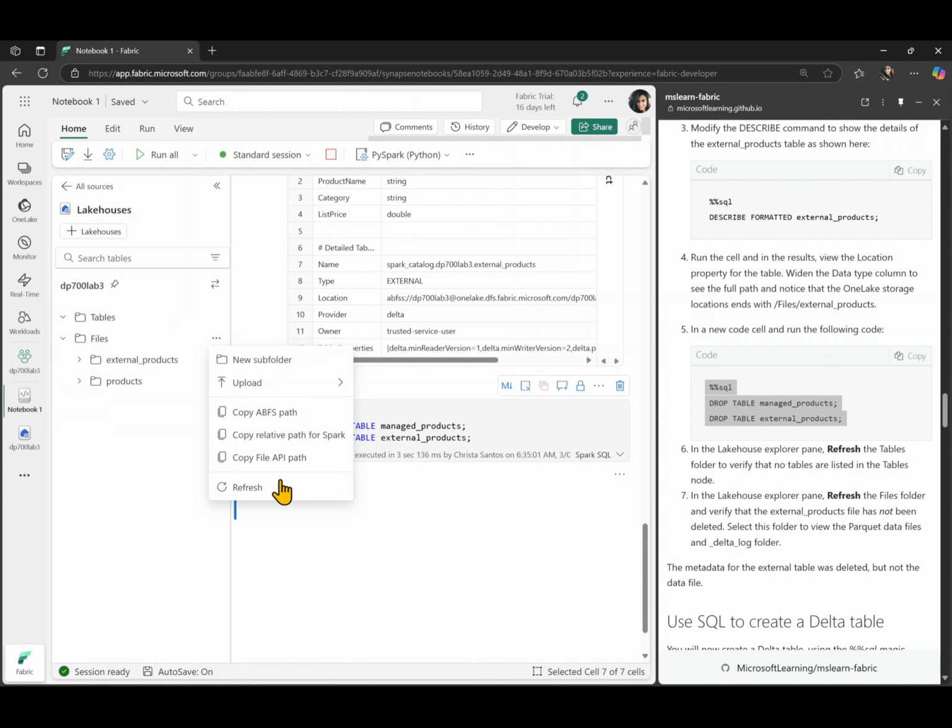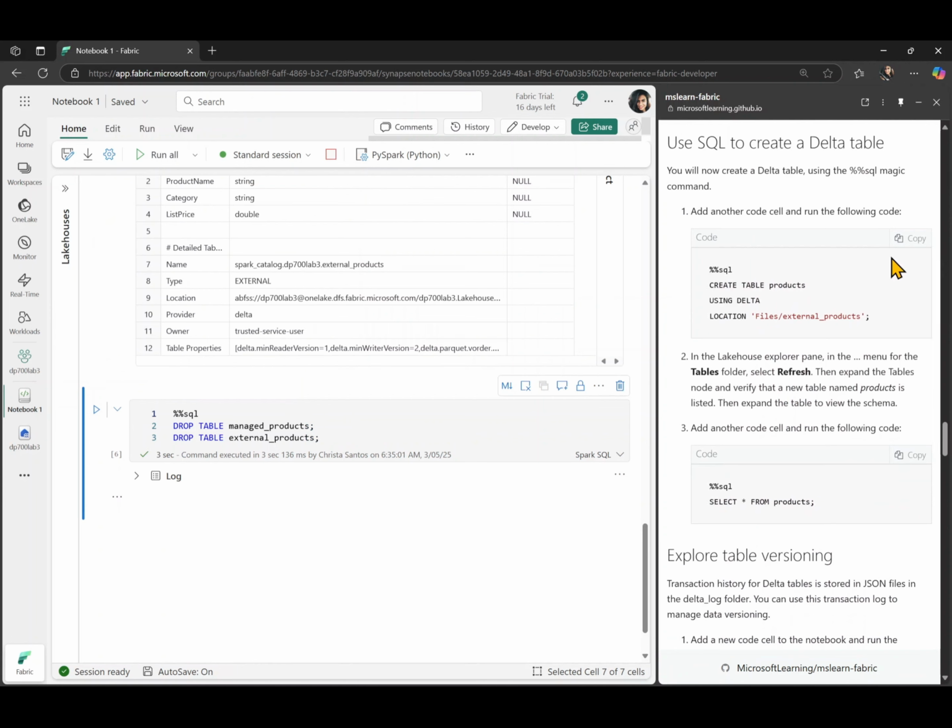But if we refresh our files, you can see the data for external products still exists here under files where we have externally given it a location to keep the actual data. So if we want to create another table object later on top of these same data files, we can. The only thing that we have dropped is the table objects. Okay, so the managed tables, if you drop the table, you lose the data forever. And external tables, you have the data in that external location that you have used before. Okay,